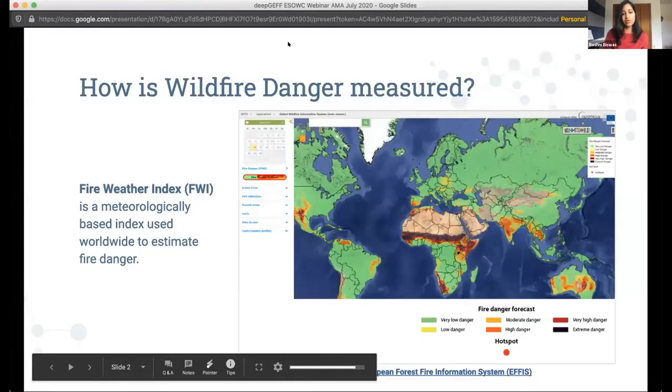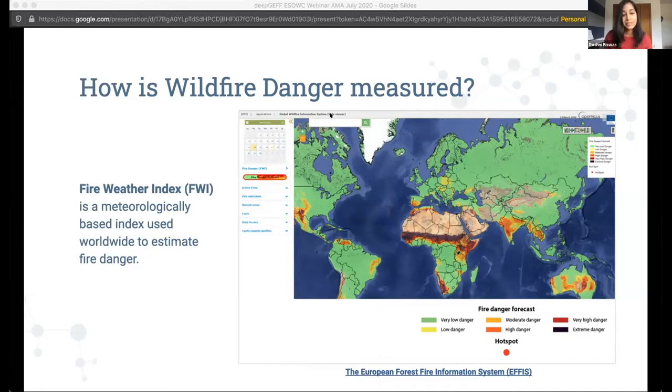Before going into what wildfire danger means and how we calculate it, I'll give you a bit of background on the project and why we decided to work on this. Wildfires are very large uncontrolled fires that happen in forest areas, and they burn and spread very rapidly.